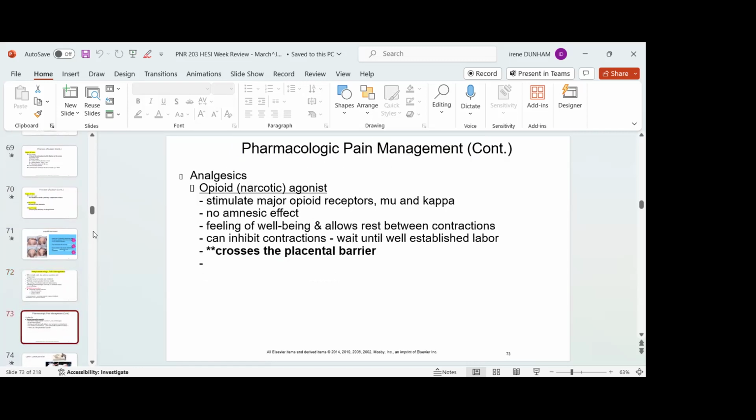All right. If she does want pain medicine, remember you have to time it correctly. You don't give it in the early phase and you don't give it in the transition phase. You give it in the active phase. Okay. That's when she needs it the most. But remember,